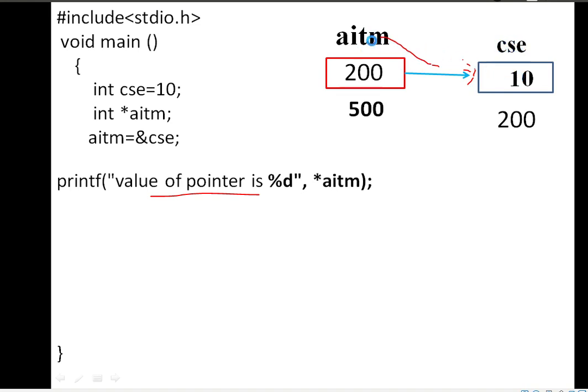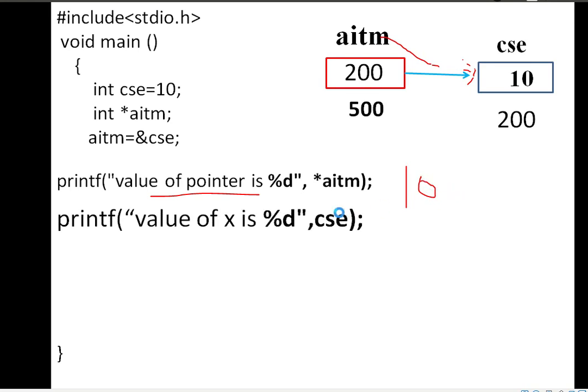Now the value of variable CSE, how much? The value of CSE is 10. We are going to print that.